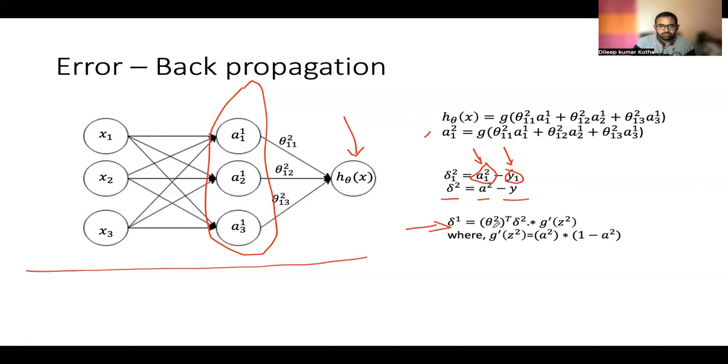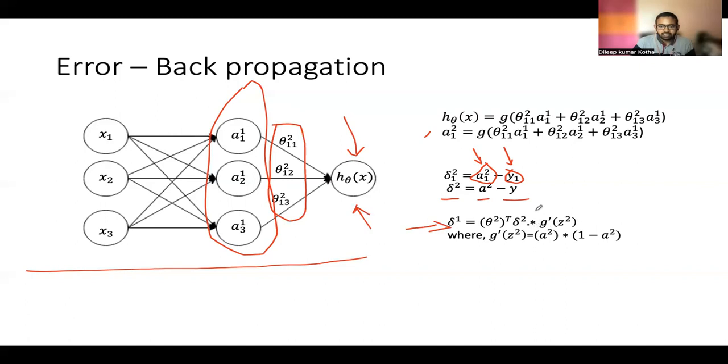Theta 2 is nothing but the weights in between this layer and this layer, transposed and multiplied with the error value at the next layer. So the error value at this layer